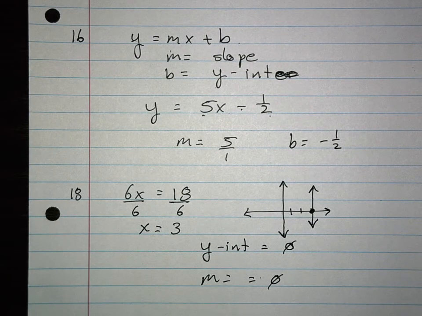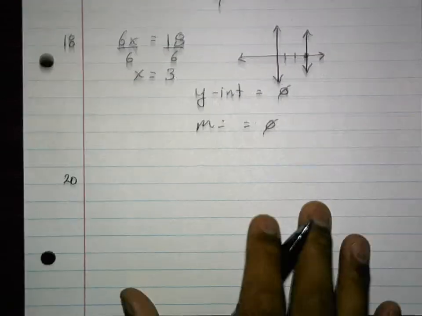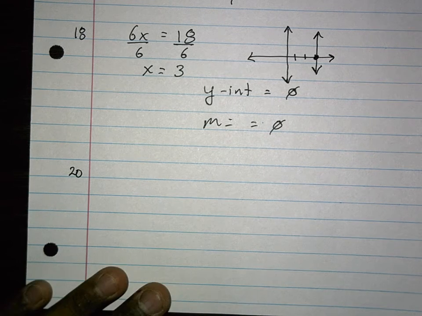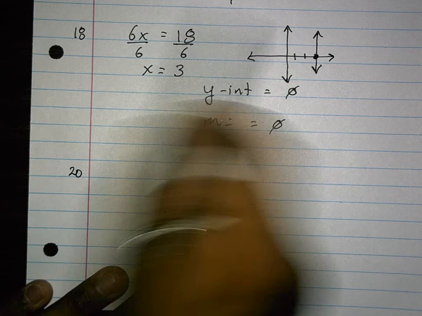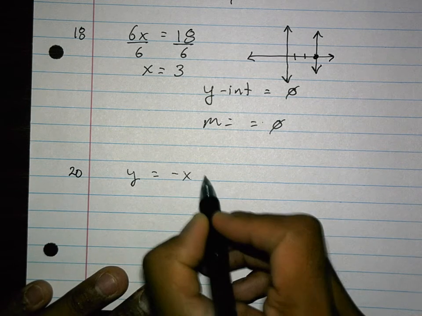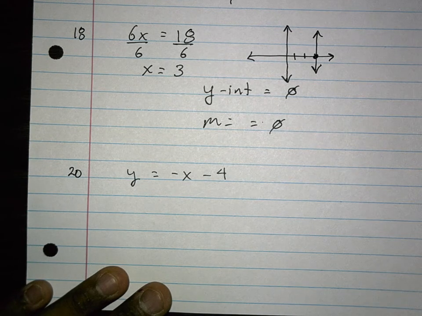Okay. Number 20 says find the x-intercept and the y-intercept. There are a couple of techniques to find the y-intercept, which we just did up here. But for the x-intercept, we're not so lucky with using y equals mx plus b. So if you remember, and this technique always works,